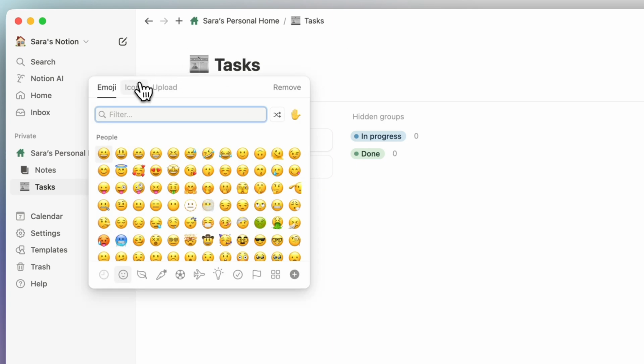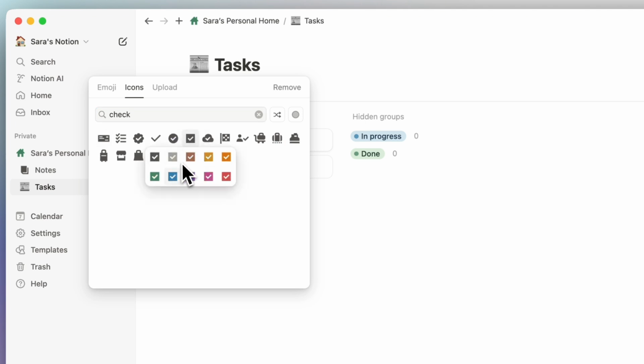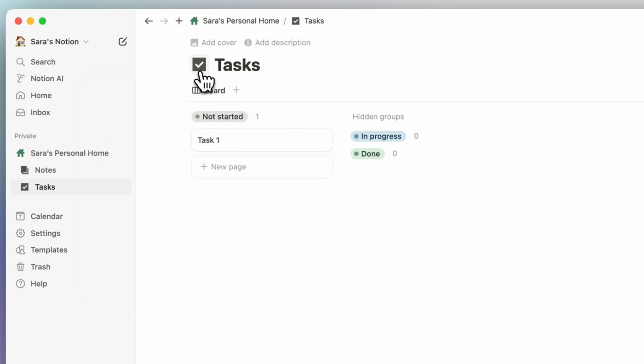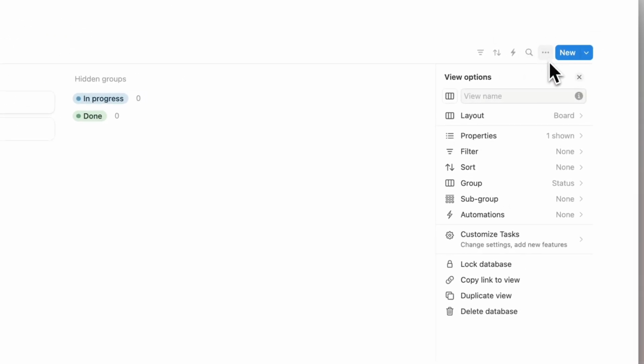Let's add an icon. So we can go ahead and go here and checkbox. Once we have the checkbox, we can add a cover photo if we like. You can also add a description. And now what you can do is start editing the board view database. Board view is really useful when you have multiple statuses. So this is why it's really suitable for task databases, because you can move your tasks between different phases of when you're working. If you want to edit these, you can go to the three dots here, go to group,